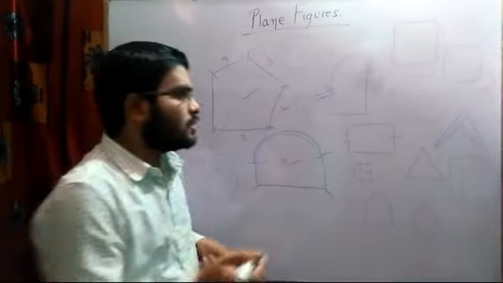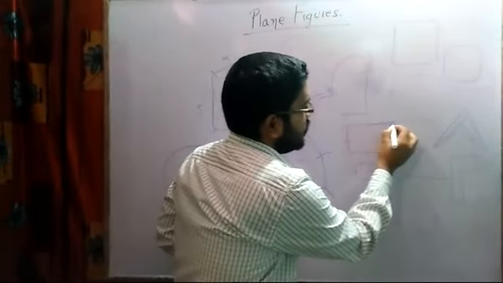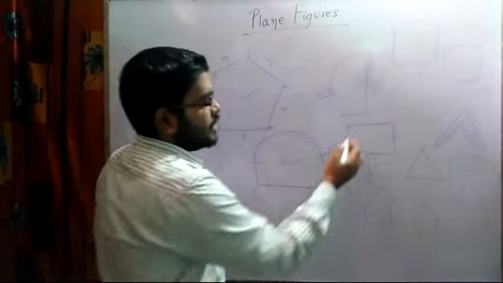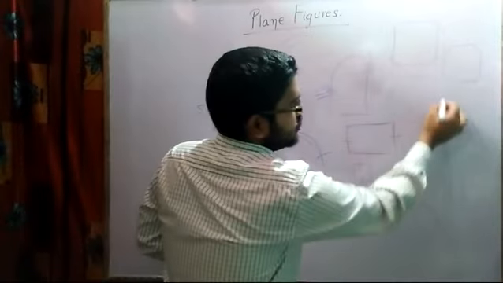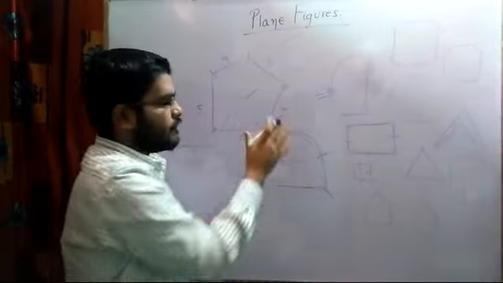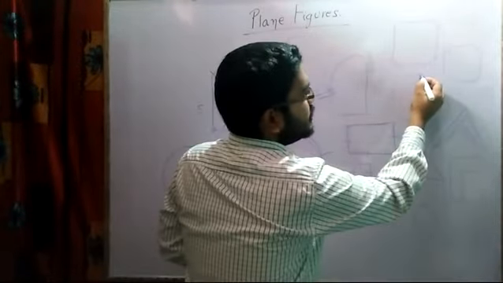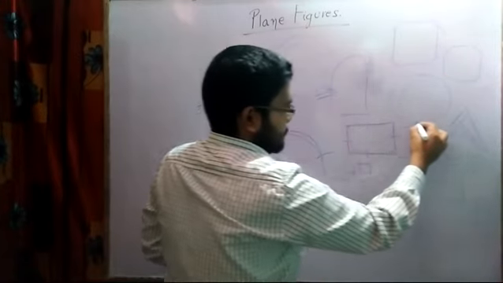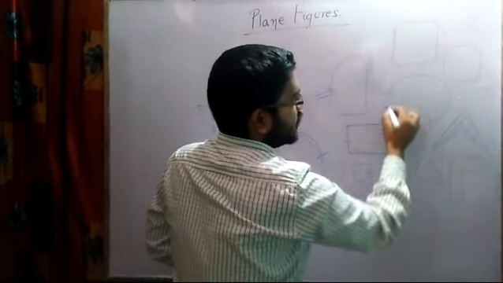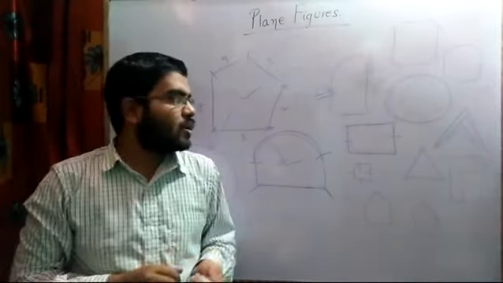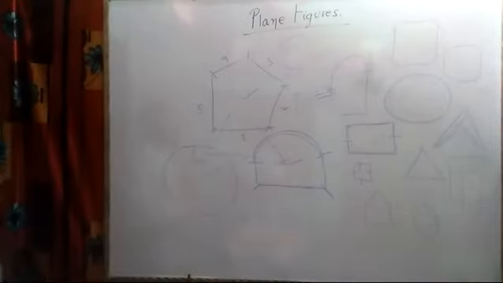And what is perimeter? The total length of its boundary is said to be the perimeter of the figure. The area bounded by the figure is the space it occupies on the surface, and that is what is called the area of this figure. And the perimeter is the length of the boundary, the total sum of the boundary of that particular figure. Now here I will be writing some of the formulas so that you all will write them in your copy and learn them by heart if you have not already.